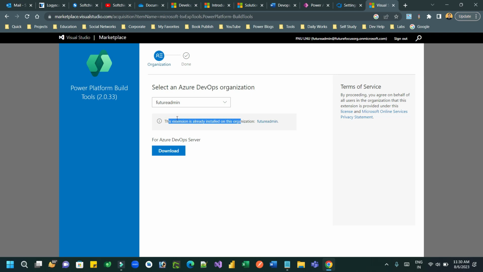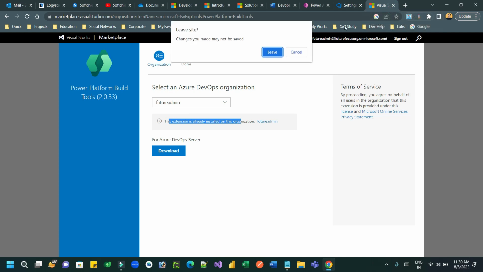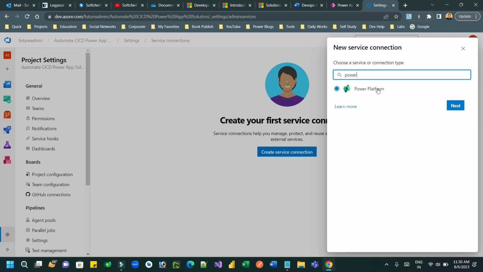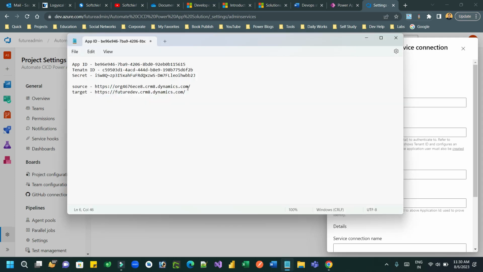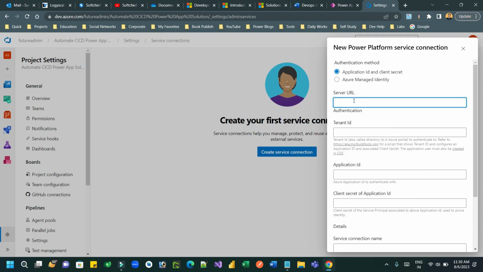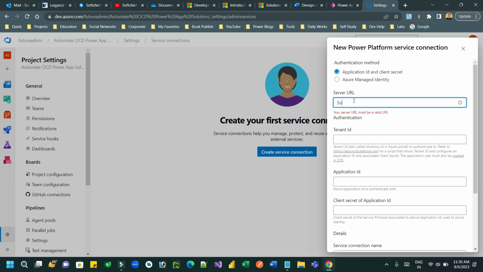Once it is installed, you can again go back to your DevOps project, and if you search here, you will find the Power Platform option here. So choose this in the service connection and click next. Here you use application ID and client secret. Define the server connection, server URL. First use the source server URL and give a name here. Let's say source,